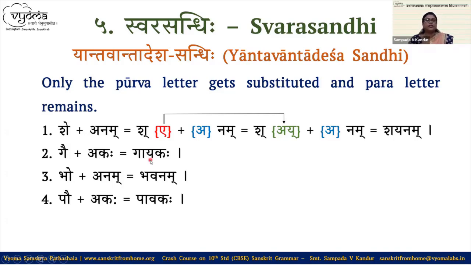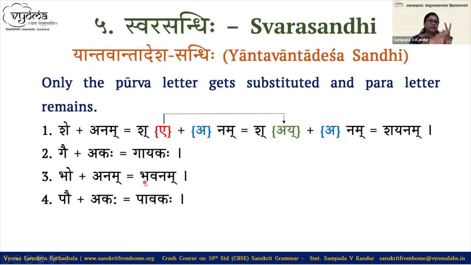If Ya is there, there are two possibilities. It should be A or I. If Va is there, there are two possibilities. It should be O or Au. So first you have to identify which possibility is there. If Va is there, what are the two possibilities? O or Au. Now see the earlier letter. It is Pa. So A ki matra. That's why Dirgha. That's why Pau. Okay. If Va is there, two possibilities, O or Au.